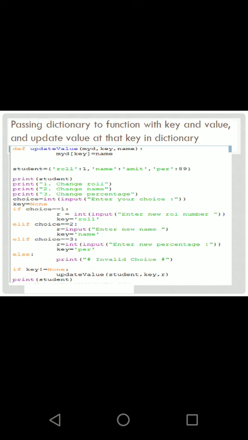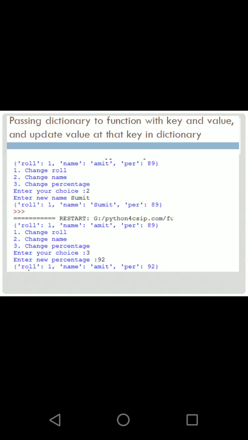Now this is also another function. You can see a function which takes a dictionary, its key as well as value, and it is updating. It takes the key and value from the user and also the dictionary, and these 3 things are passed to the function, and according to the key and the value that the user is giving, it changes the dictionary that has been passed. So you can see how functions work, and these are the outputs.